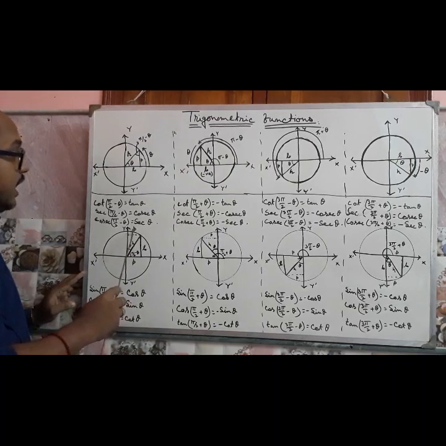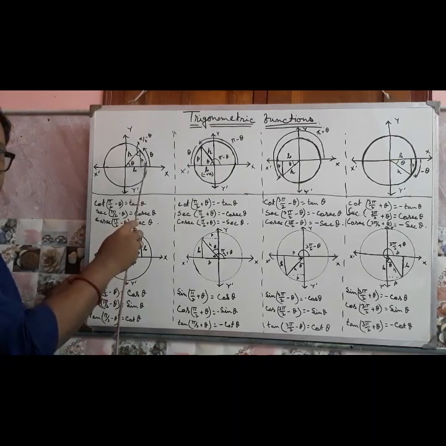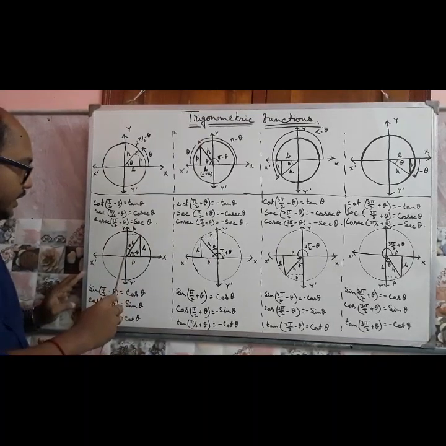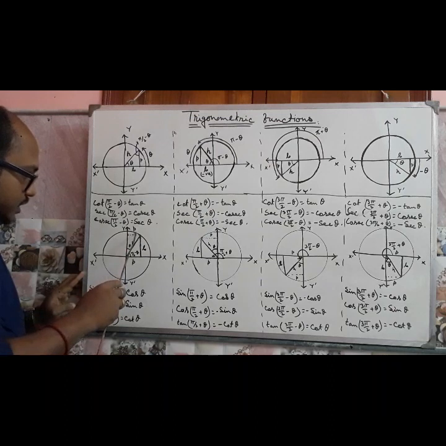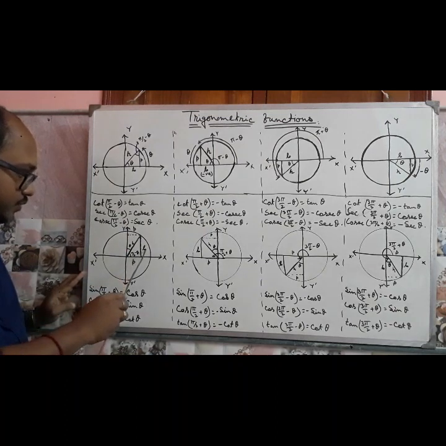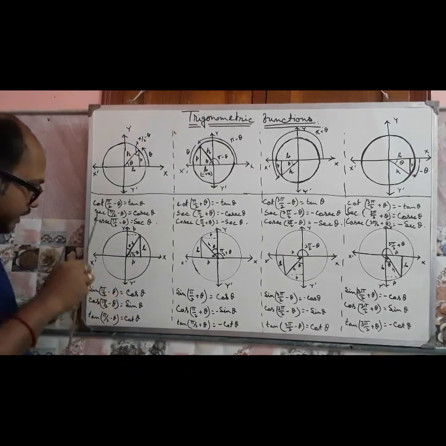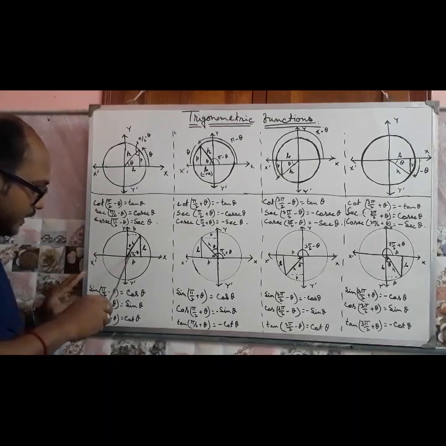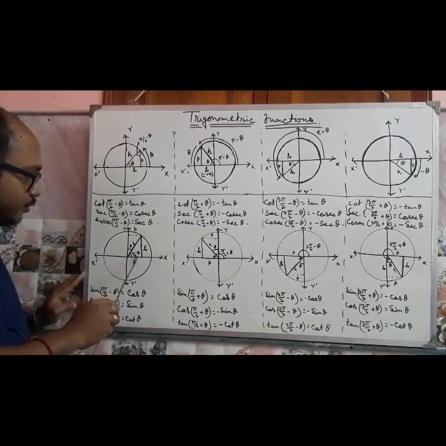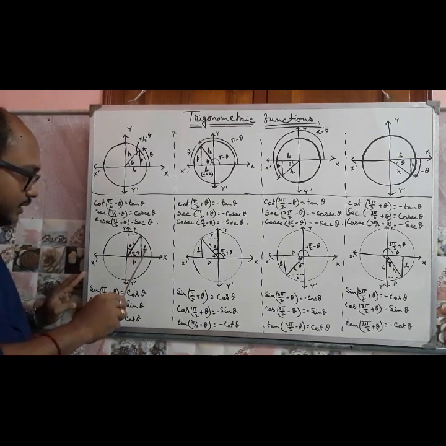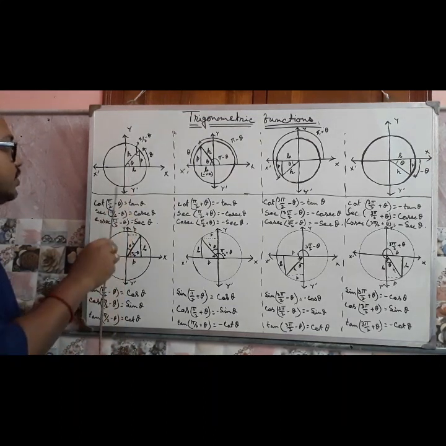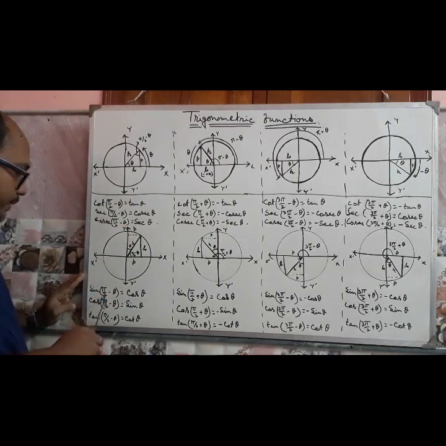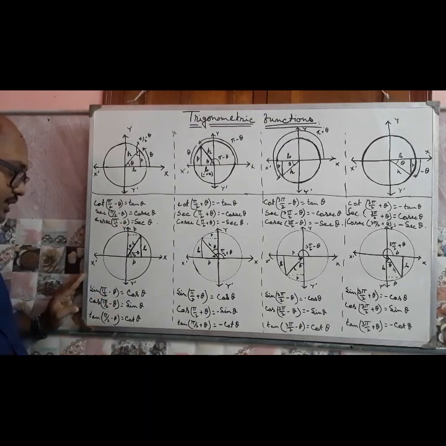This side will be the perpendicular, this side will be P and this side will be base. This is a rectangle. So if this one is P, then this will be P and this will be base B. Then with respect to this angle, sin(pi/2 - theta) is perpendicular by hypotenuse. What is this perpendicular? B by h. Previously B by h means it is cos. So sin(pi/2 - theta) is equal to cos theta.